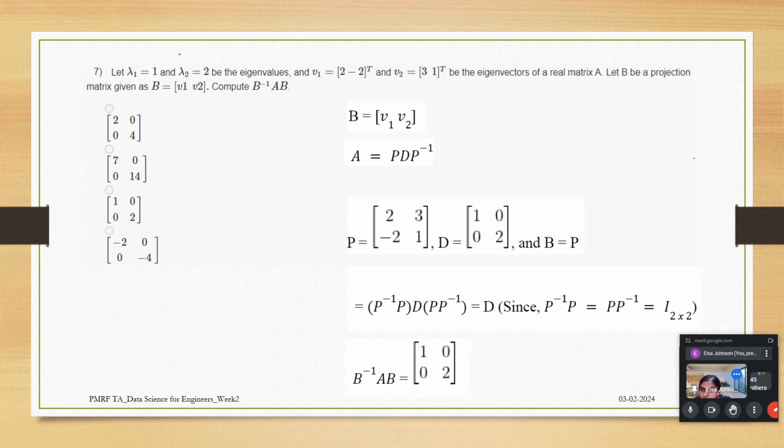So let lambda 1 equal 1, lambda 2 equal 2 be the eigenvalues, and v1 equal to 2 minus 2 transpose, v2 equal to 3 1 transpose. Lambda 1 is given as 1, lambda 2 is equal to 2, and v1 and v2 are the eigenvectors. v1 is 2 minus 2 transpose, and v2 is 3 1 transpose, that means 3 and 1. We are asked to find